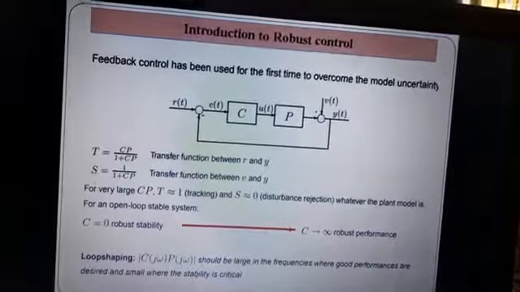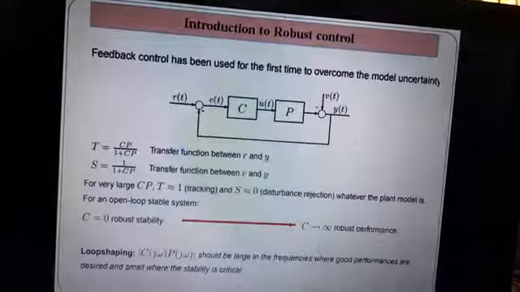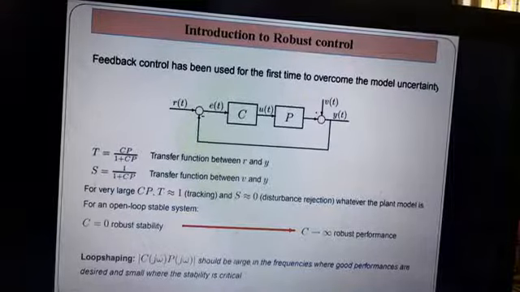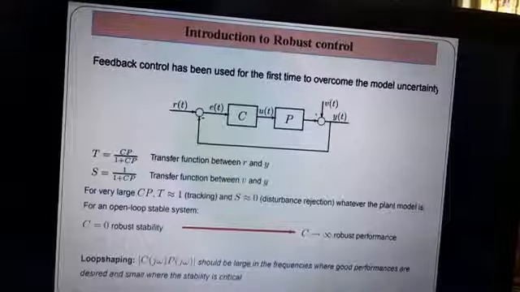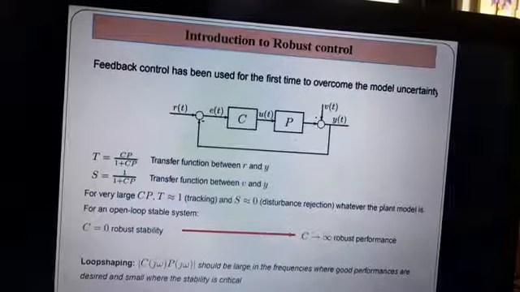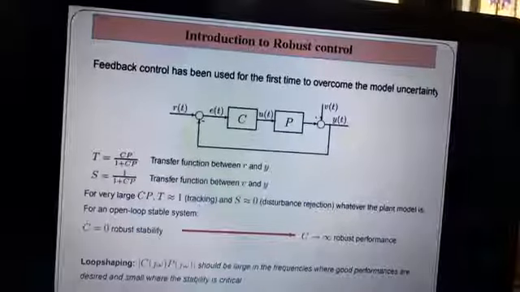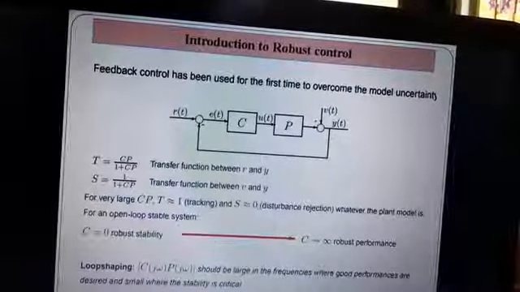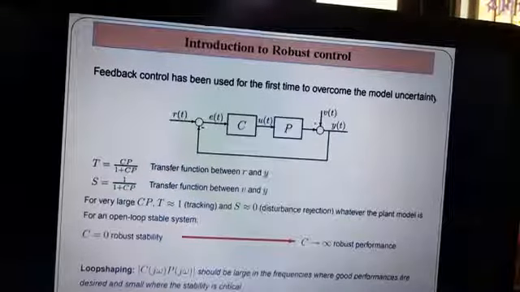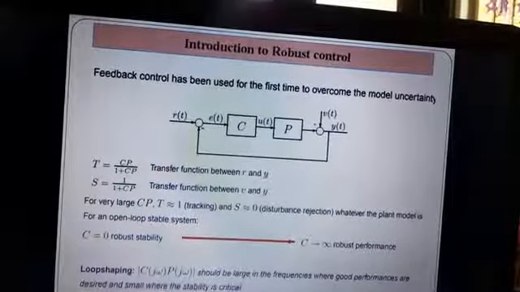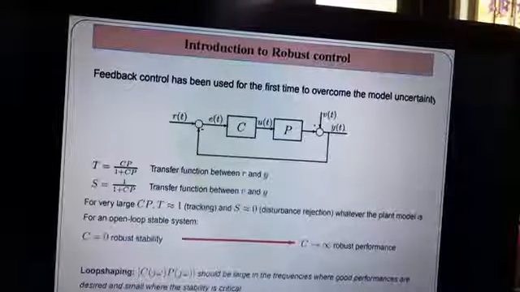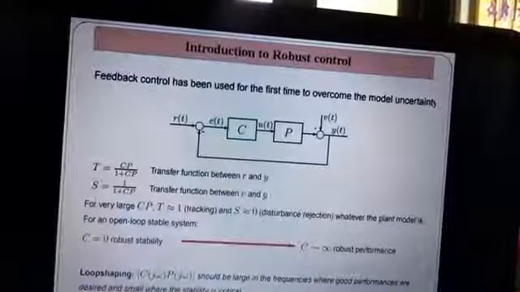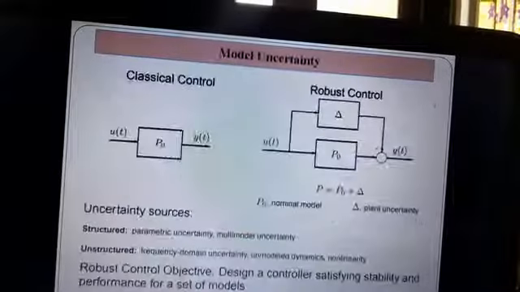So that is about robust controller design. In this regard, I need to mention that loop shaping is one of the major concerns where we need to design a control system. Here j omega denotes the frequency domain parameter. If you want to carry out the analysis in the frequency domain, then we refer to it as a loop shaping problem.